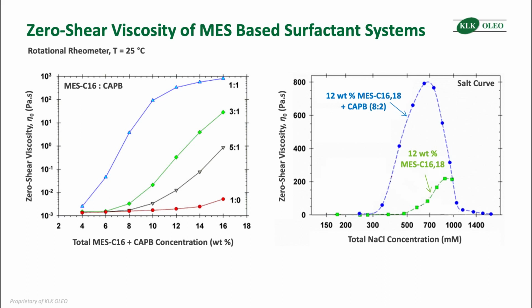Our previous study showed that the addition of sodium chloride can enhance oil drop deposition. Sodium chloride is usually used as a rheology modifier, and hence in the graph on the right, we were interested to see how sodium chloride affects the viscosity of MES alone and MES with a small amount of Cat B. In both cases, a typical salt curve with high viscosity maximums were obtained.